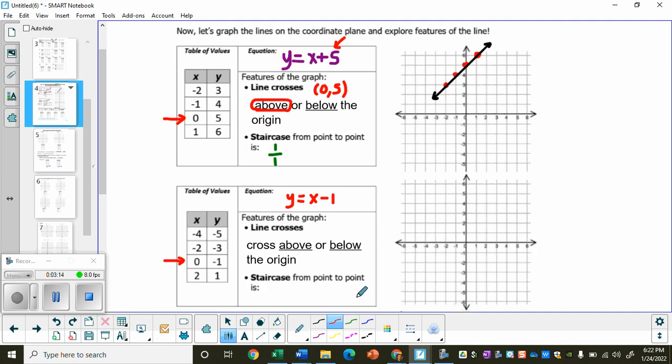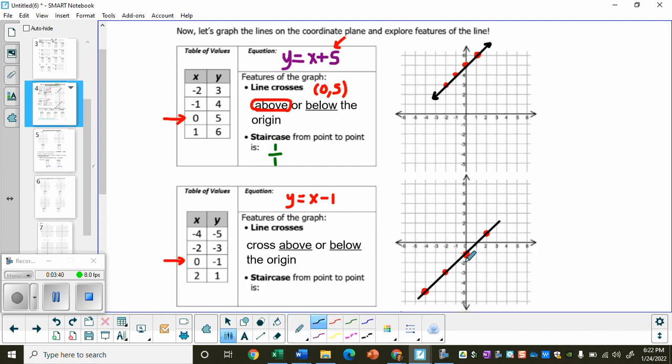Cool. All right, so now let's just do this the old-fashioned way. We're going to plot the points. We're going to go back 4, down 5. There's my first point. I've got -2, -3. Here's another point. I've got 0, -1. And I've got 2, 1. So over 2, up 1. Cool. So when I connect the dots here,